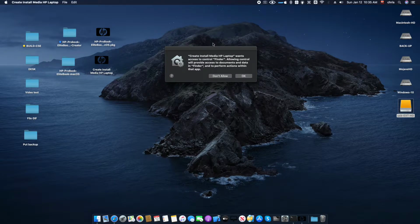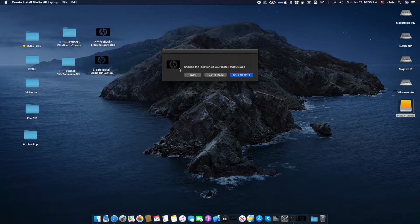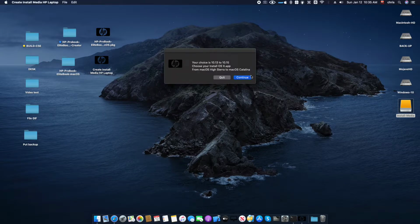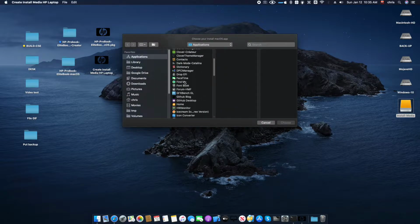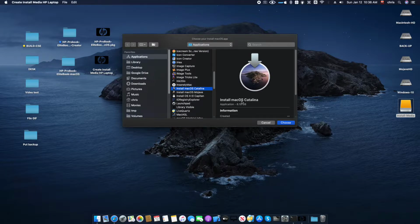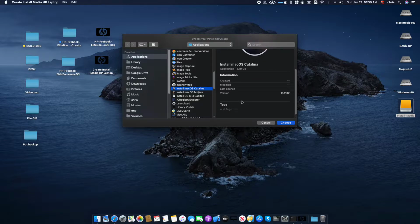Here, at the pop-up security on Mojave or macOS Catalina, you have to select OK. So now you have the two options here: the creation of the USB for Sierra or High Sierra, or for Mojave or macOS Catalina. I will select this option for macOS Catalina. I have to continue, and in my applications I have the installer, Install macOS Catalina from the Mac App Store,